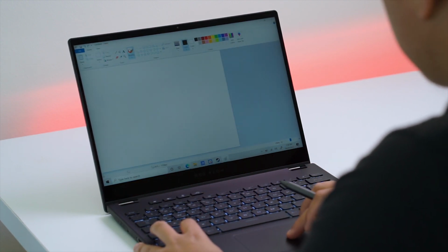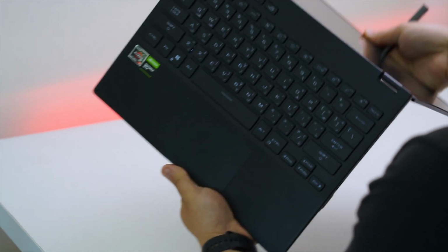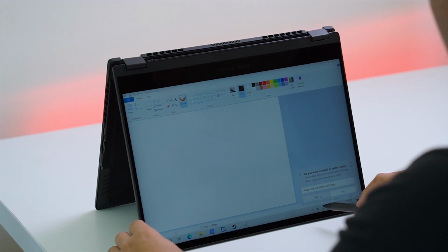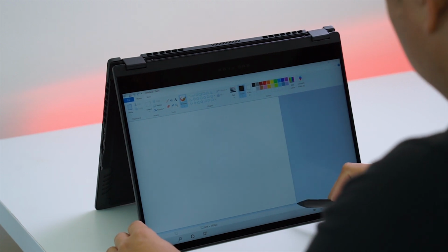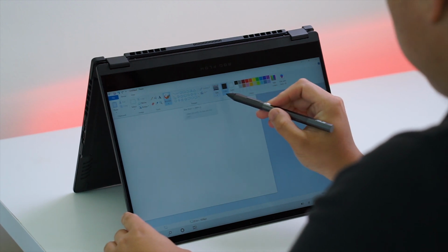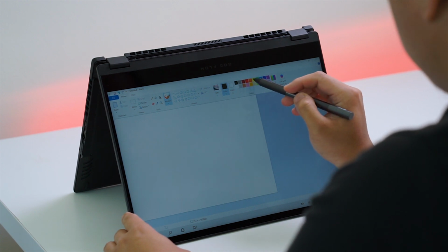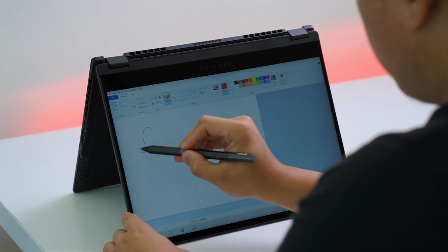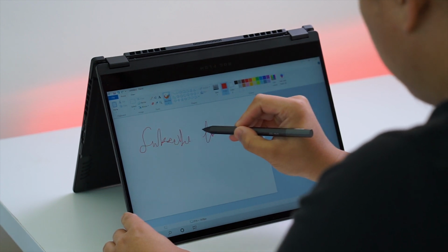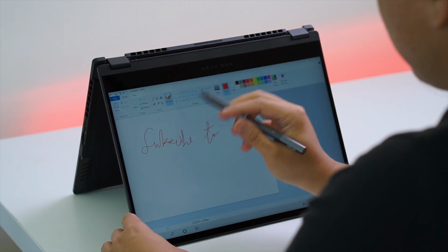Microsoft Paint. Okay, so in this scenario, I want to use the flow. Okay, do you want to switch to tablet mode? Yes. What's gonna happen? Okay, so we're gonna be switching to the tablet mode. So for example, want to write something. Sorry, it's just my handwriting, but as for the responsiveness and the accuracy of the pen,